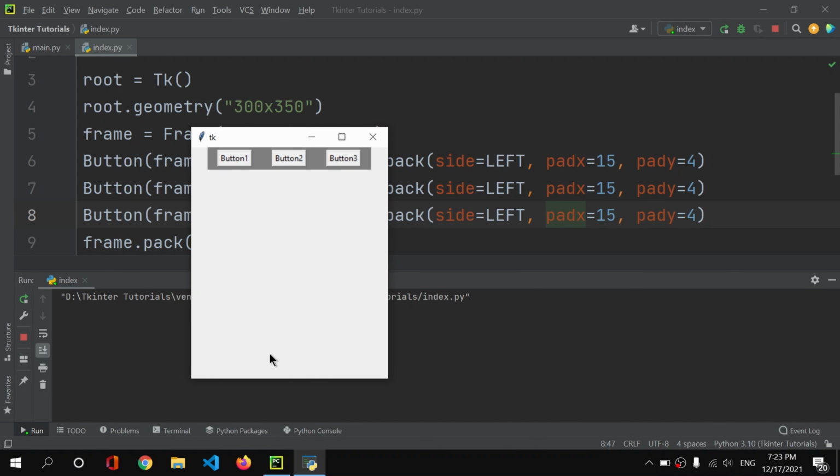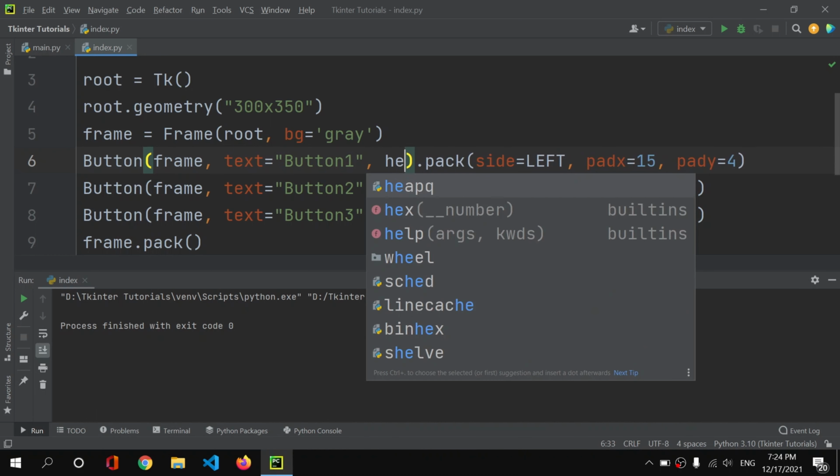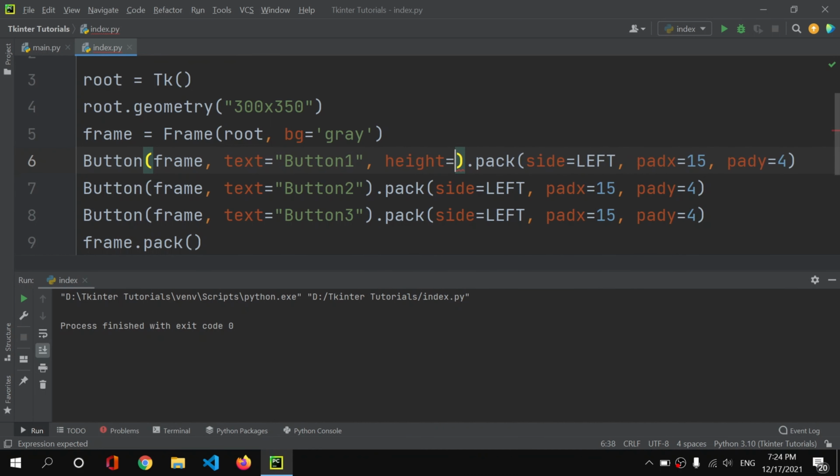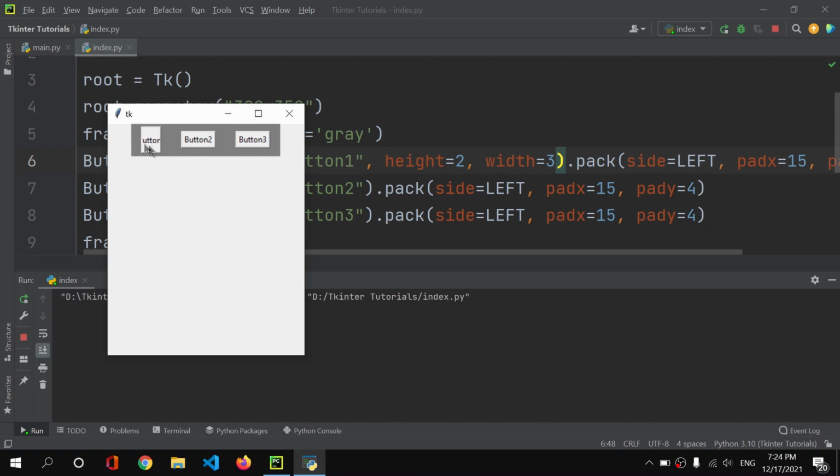And then you can also add a button which is 0, which will be a button full of this size. So you can increase the height and width of the button using those height and width properties. If I use height to be, let's say, 2, and width to be, let's say, 3, and I save it and run it, you can see the difference here. We get the height and width of this button changed.